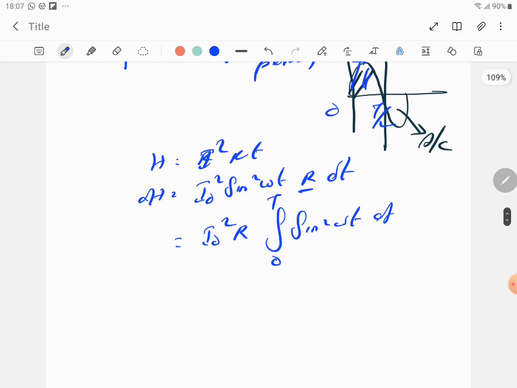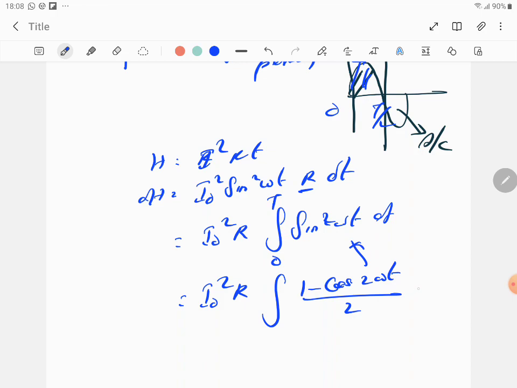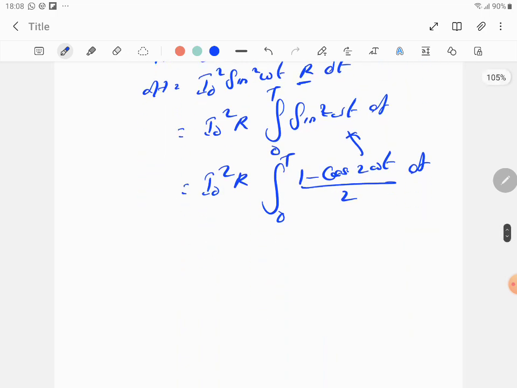Then you know you can't integrate sin square theta directly. You have to write 1 minus cos of double the angle by 2, 1 minus cos 2 omega t by 2. You didn't see my integration videos? You must see the basics of integration. So sin square theta is 1 minus cos 2 omega t by 2. This is a formula: sin square theta is 1 minus cos double angle by 2 into dt, integrate from 0 to capital T. So now let's write this I naught square R. Integration of sin square is minus cos theta.